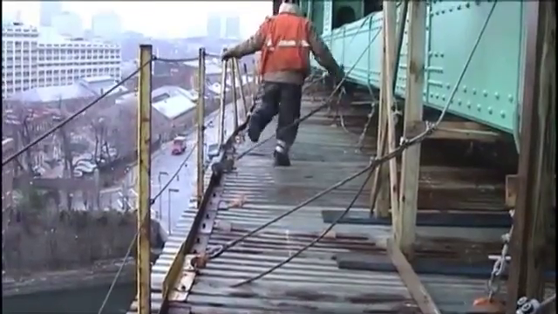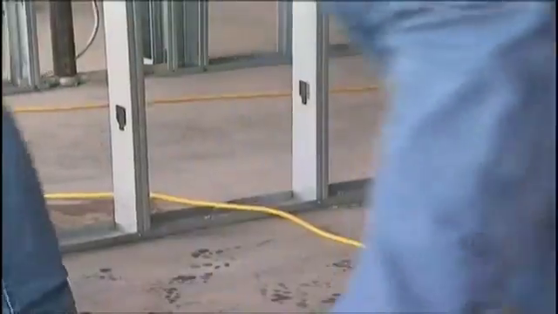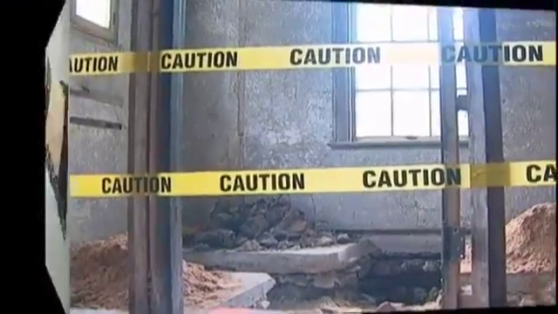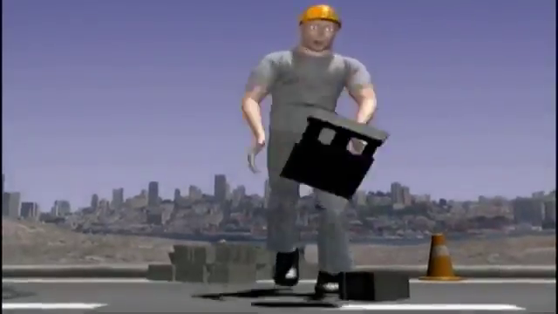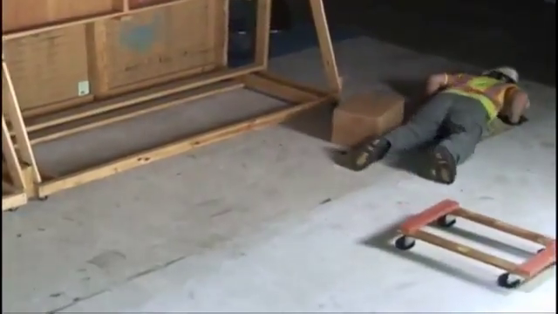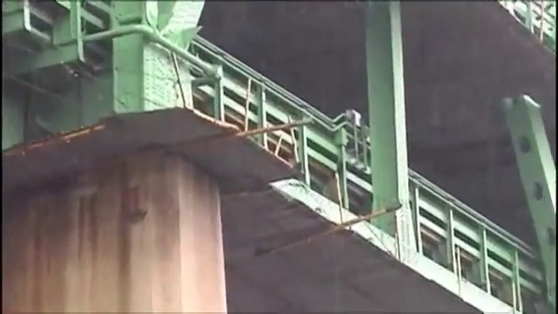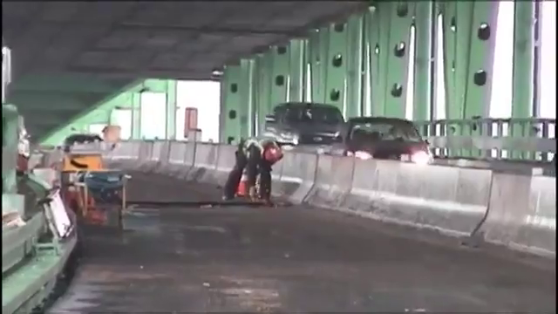There are many hazards which lead to slips, trips, and falls. A slip occurs when you lose your footing due to walking surface conditions that limit the amount of traction between your shoes and the surface. Slips mainly happen due to wet or slippery surfaces.